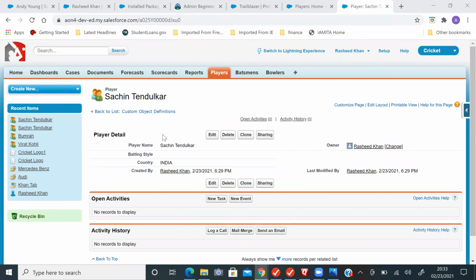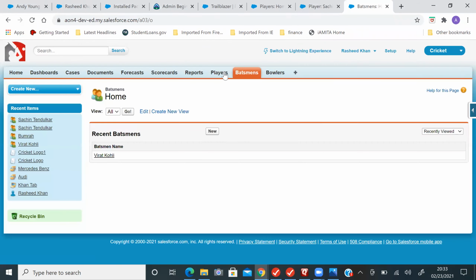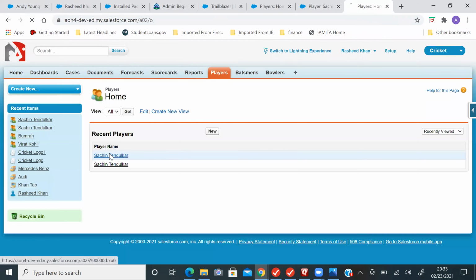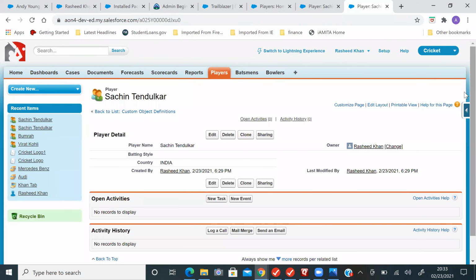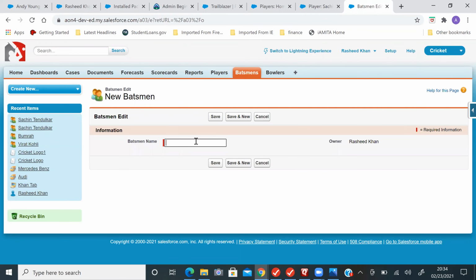Easy. Okay. Now you can add more fields to that batsman and bowler as well. Just go through quick view fields. No, you are into players. Go up. Again, you are into player. So you need to switch to that particular batsman tab. Yes. So now you can click on new. Okay. Now you can see only the batsman, right? So now you can add more.